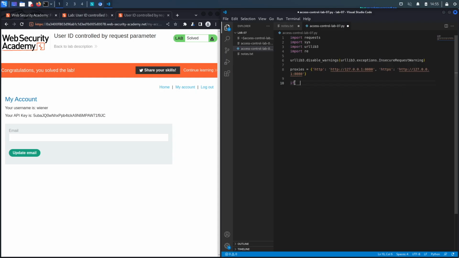Next, let's create our main method. So if name is equal to main, then call the main method. And we'll define the main method right over here. So def main. And we're going to say if the length of the command line arguments is not equal to 2, then print